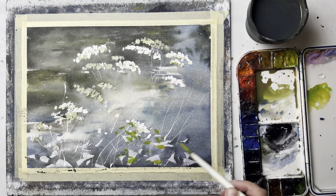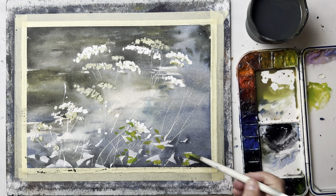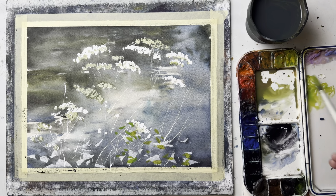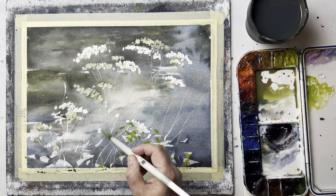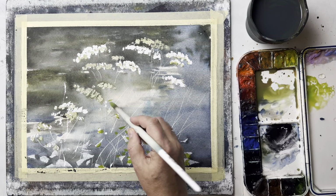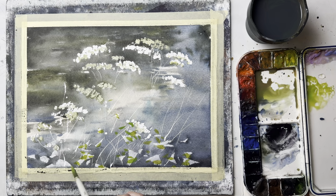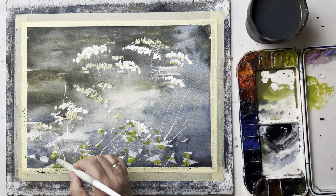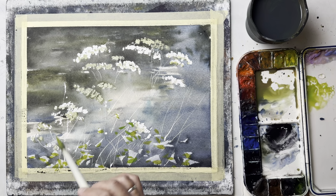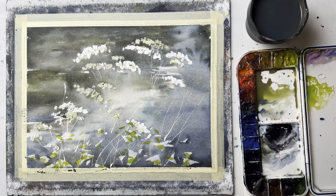You can just add some strokes without definition, because it's very important to leave the light parts on these leaves. Now